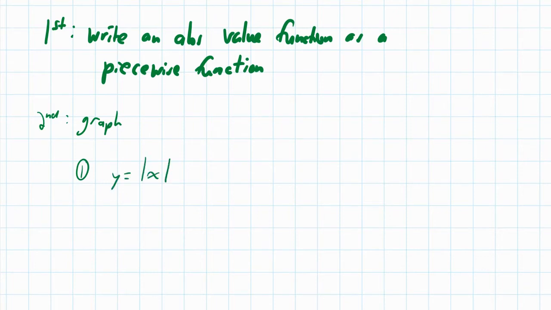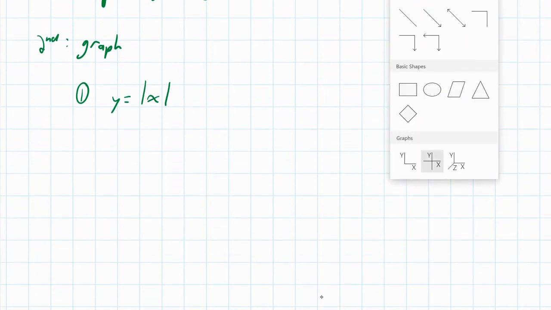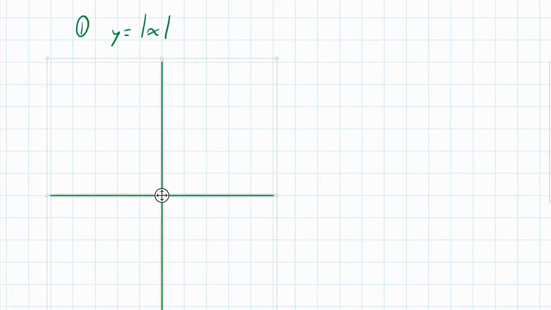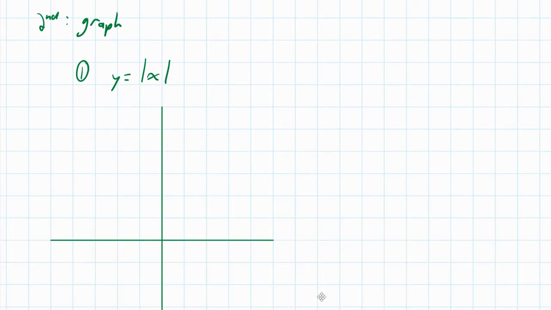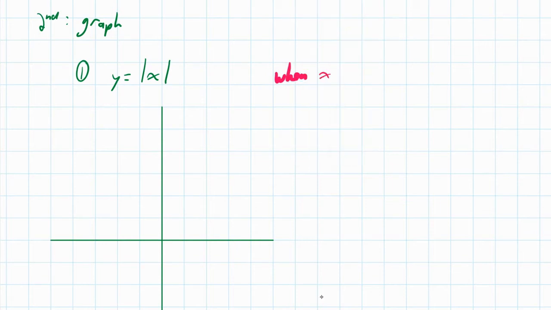y is equal to the absolute value of x. You have many graphing tools that can graph this for you, but you need to know what this graph looks like by hand. If I do a basic t-chart, we can get a graph that looks a particular way. But I think you can reason through a couple of different options. For instance, you should have an idea that whenever x is positive, or we could say equal to 0, this graph is going to act